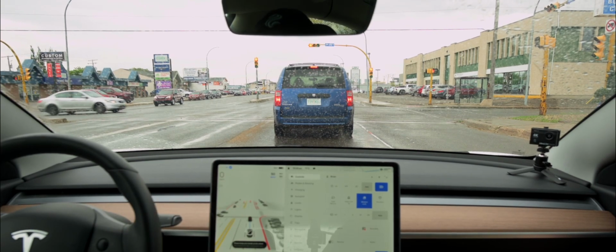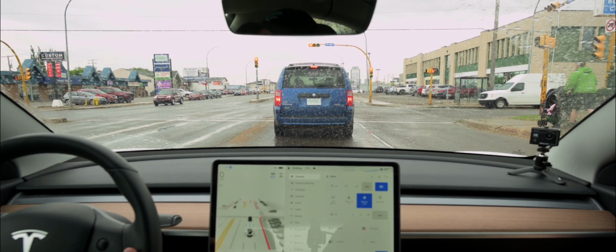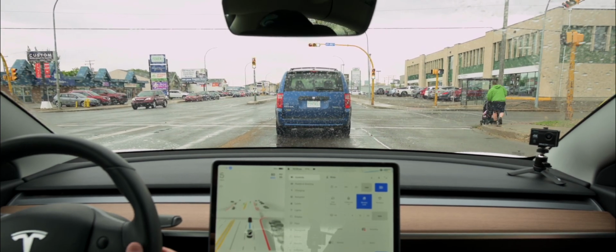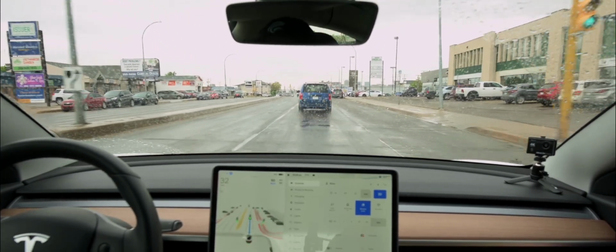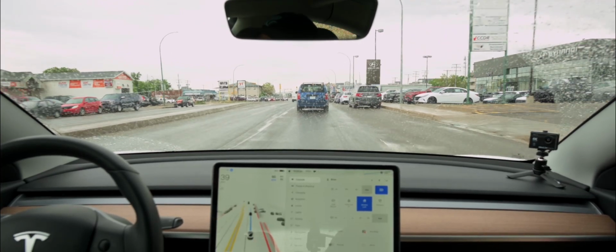Well, now if it used map data, wouldn't it know what lanes were where? See, it knows that this is a turning lane here, even though there is no line. Yeah, and it sees the pedestrian. It sees it's pushing a baby carriage. I'm not sure the picture was quite right, but